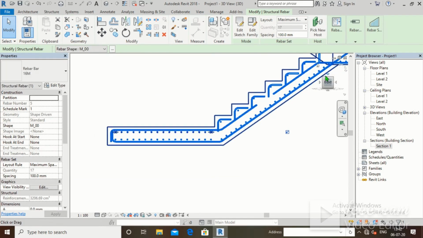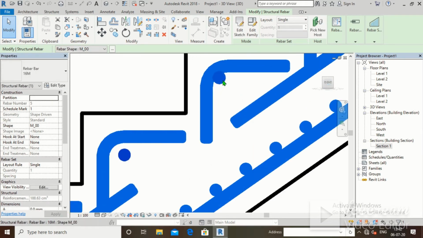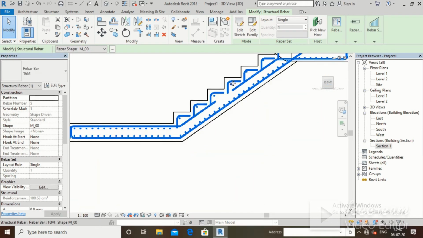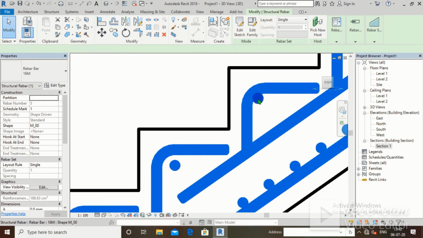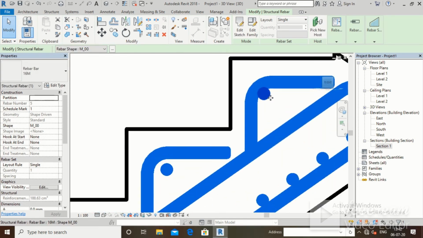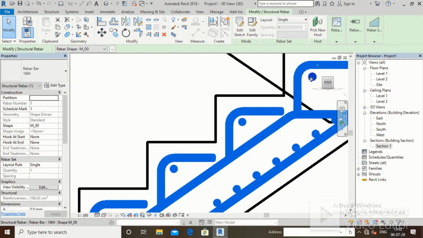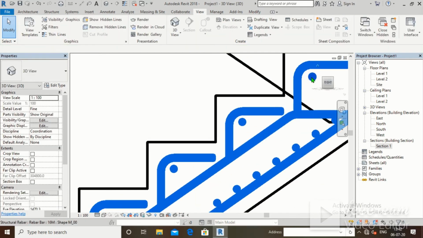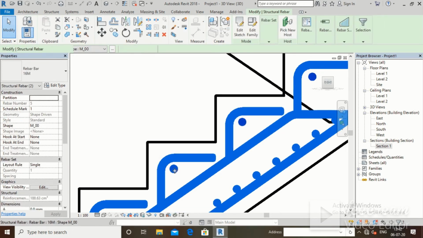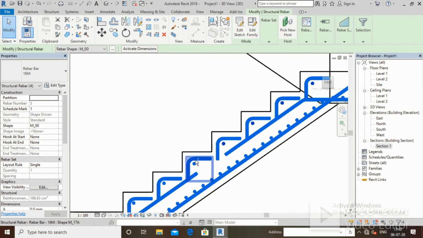Just arrange. Now we will select these bars: 2, 3, 4, 5, 6, 7.